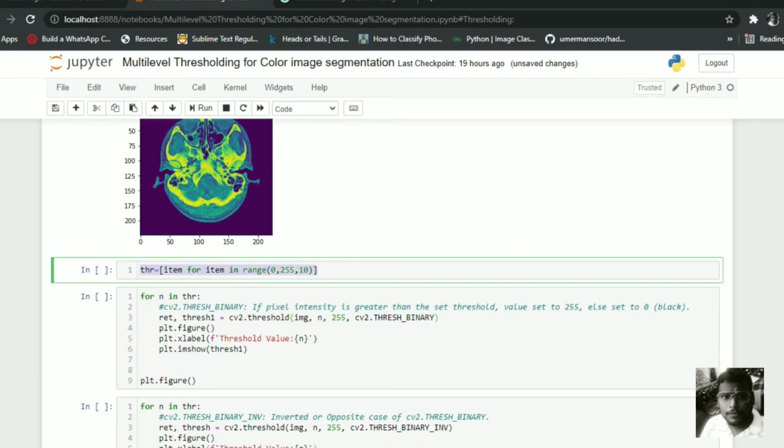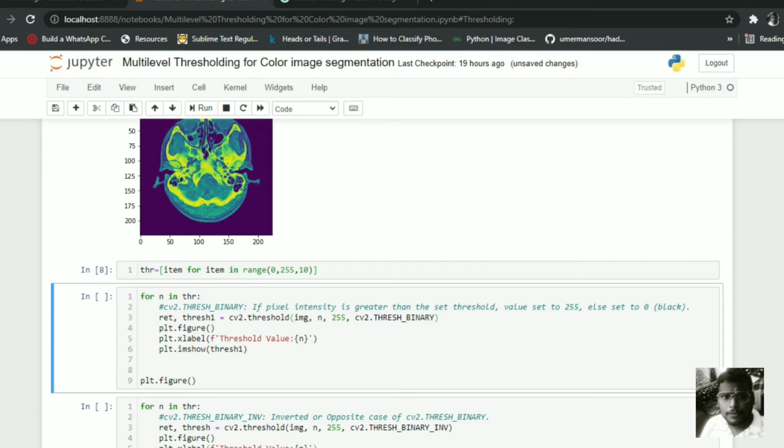Now I am generating threshold values by using a for loop with the range 0 to 255, giving a step of 10. Running it.